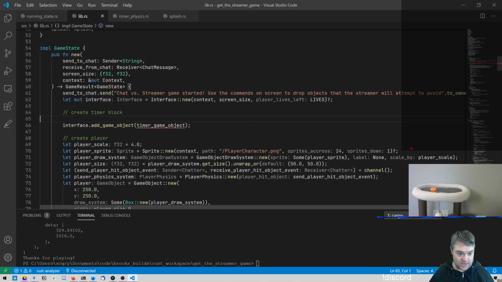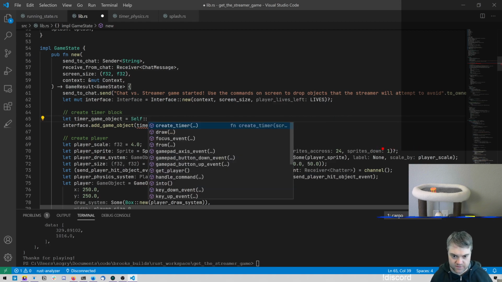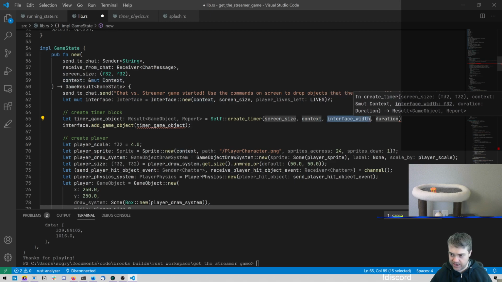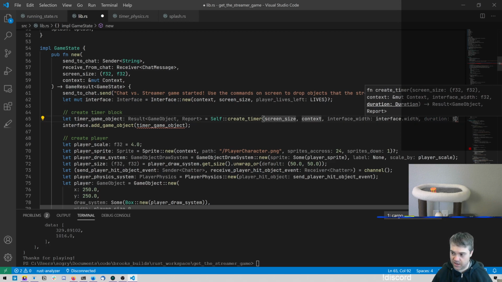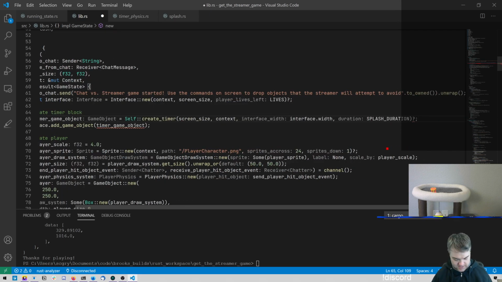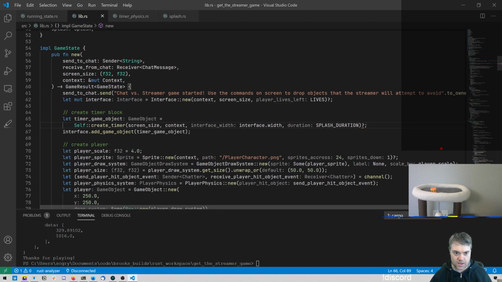We can come back up here. Let's now create this. So let timer game object equals self create timer. Okay, so we have screen size, which is right there, so we have that. Our context we have. Interface width. So we have the interface here, so we can just do interface dot width. And then the duration is going to be our splash duration. And then at the end here, we need a question mark and semicolon. And that gives us,